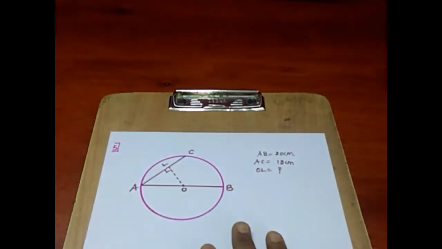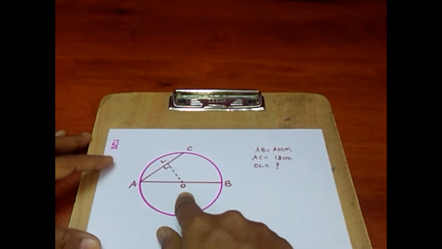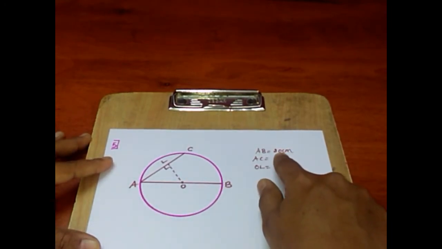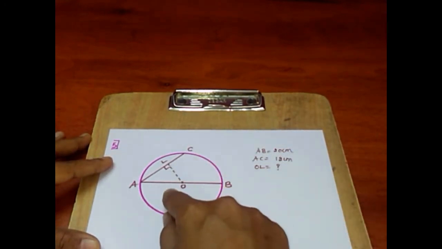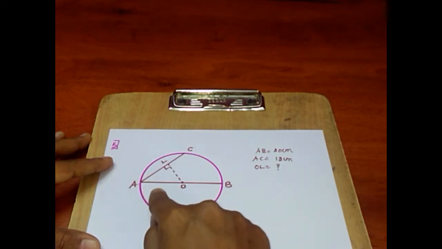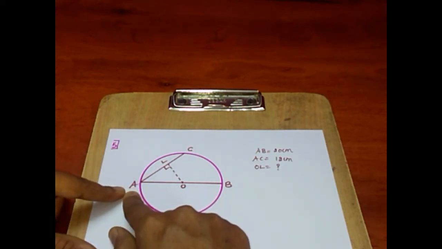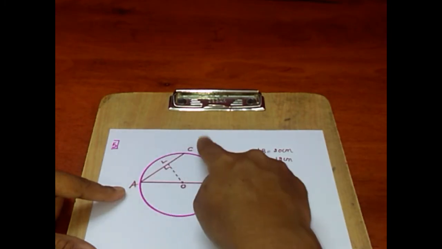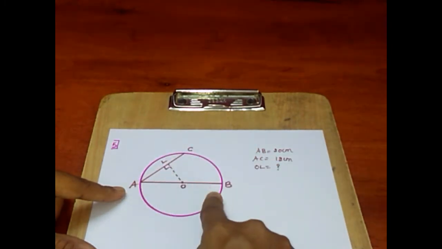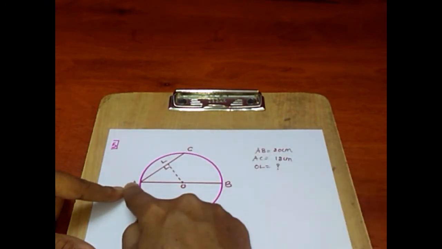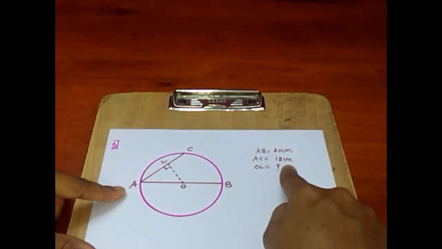O is the center of the circle and AB is considered as the diameter. It's equal to 20 centimeter. There is a point to be noted in the question that a chord and the diameter are having the common end point. So this is shown in the diagram that A is the common end point of a diameter and the chord. Hence, the measure of diameter AB is 20 centimeter and the chord AC is 12 centimeter. Now, the question asked is, how far is the chord from the center? We need to know the distance between the center and the chord.